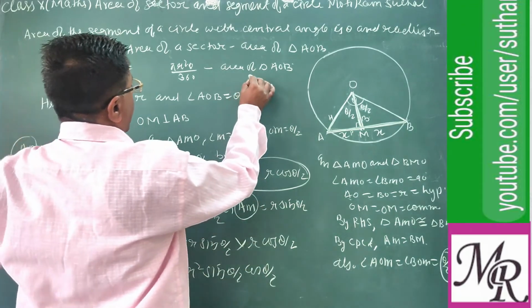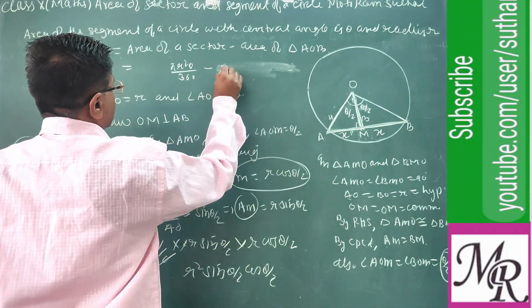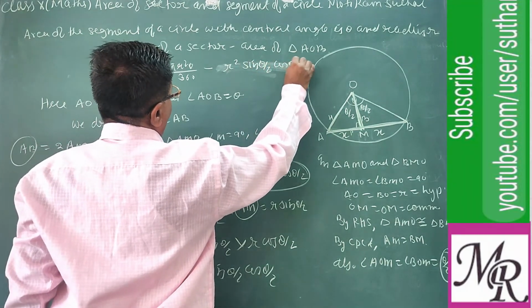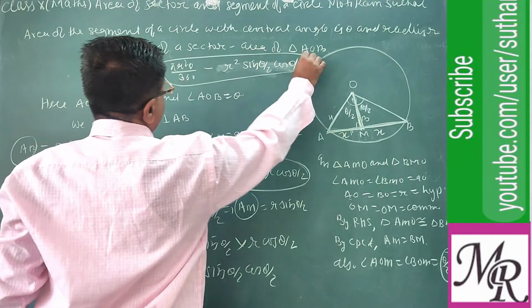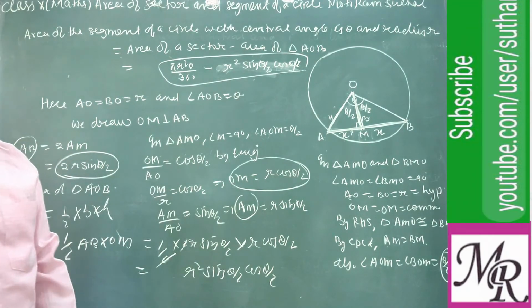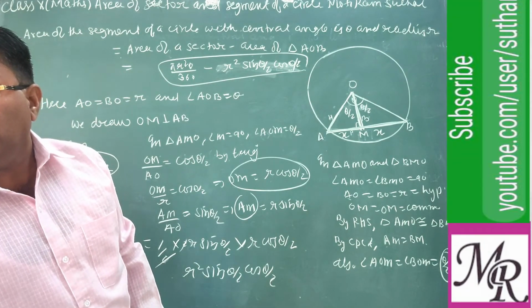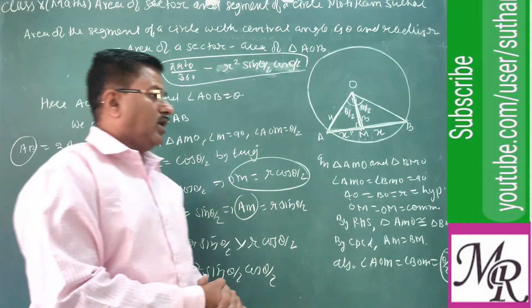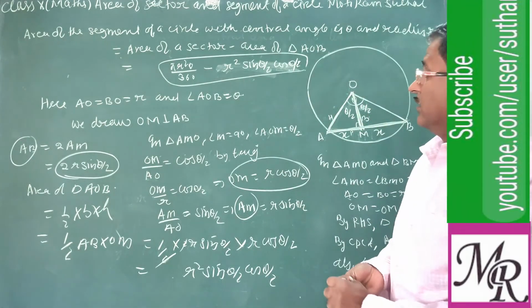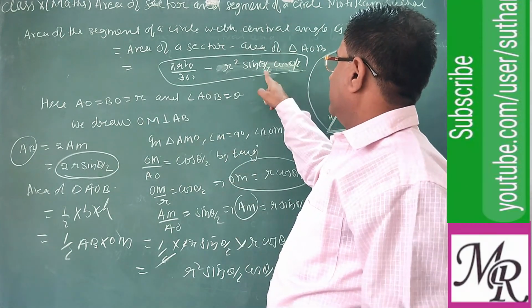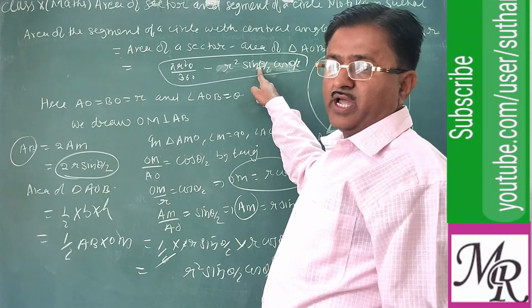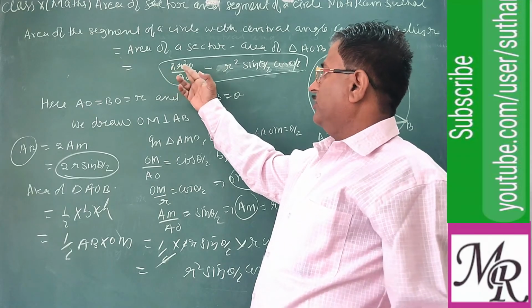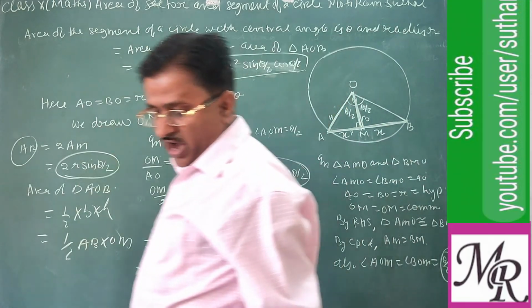We can write the area of a triangle as given. This is a very important formula which we have to learn today. Clear? So dear students, using this formula one can find the area of the central triangle. Here theta is the given angle, and since we already know the radius and theta, one can find the area.